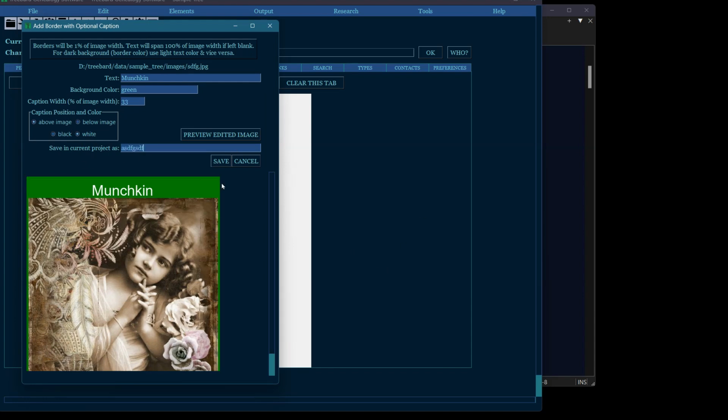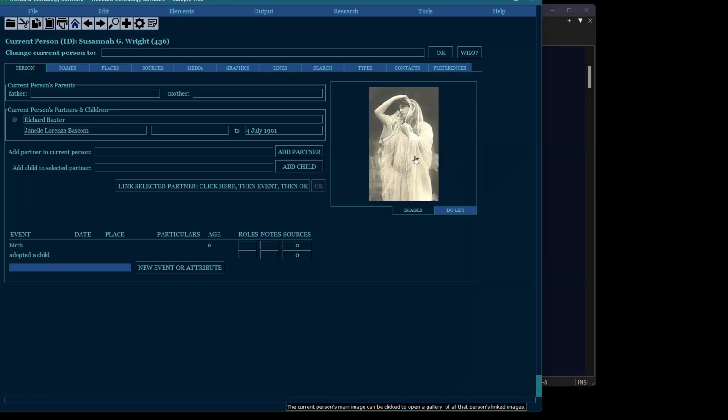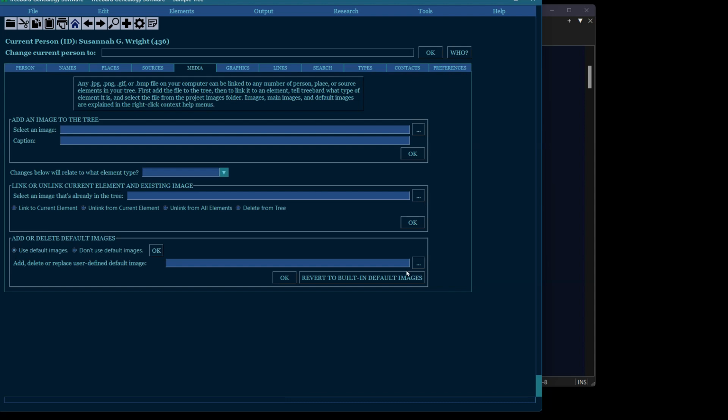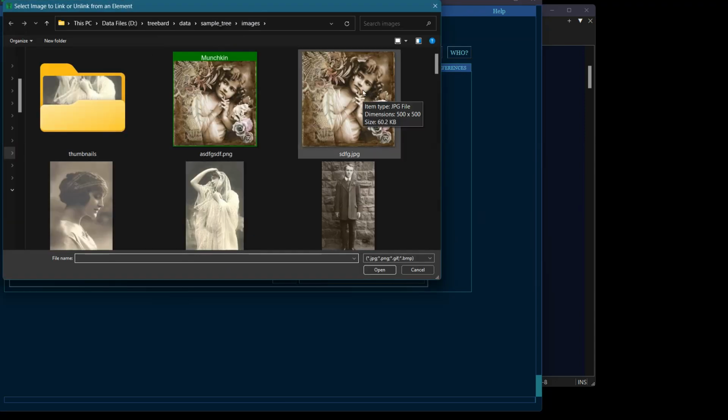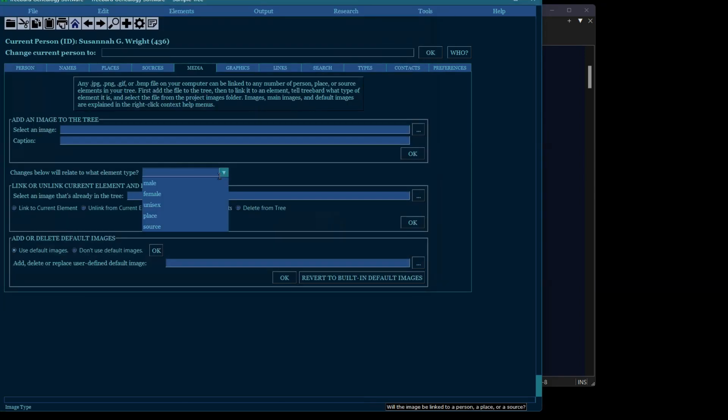Save in current project as. Save, and let's just see if it showed up. Do that by going over here and seeing if it's in the current project. That's the original, and that's the one that we copied and changed. All right, now let's link it to